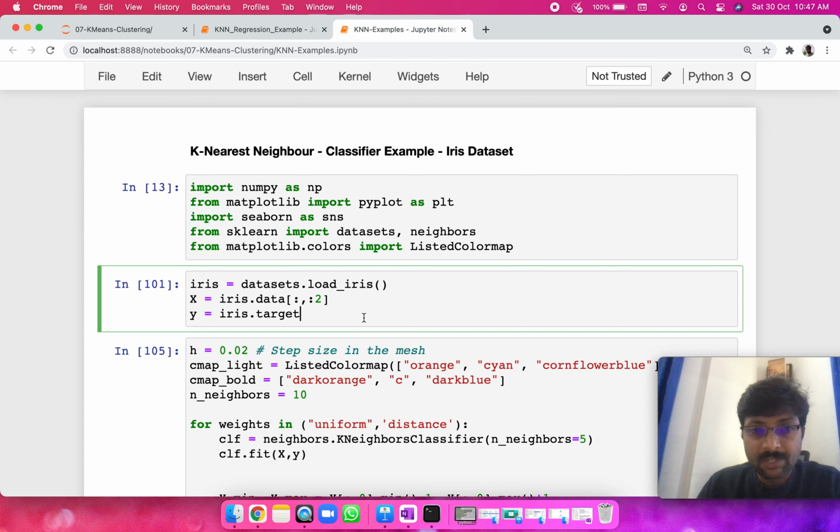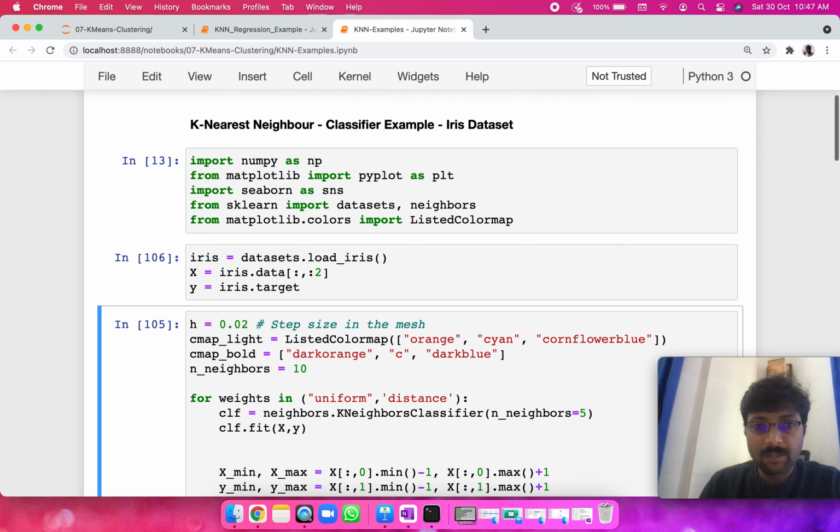So let's keep going. In the next step, we're importing the data with load_iris. We are taking only 2 columns, as I mentioned: all the rows for x, but only 2 columns, and y is the target within the imported data. The imported data has a lot of fields. It's not just data, and target is exposed as a different field. In fact, if you want to explore this dataset, there is a description field that you can use to read about what the dataset contains, why it is used, and some background. Right, so let me run this.